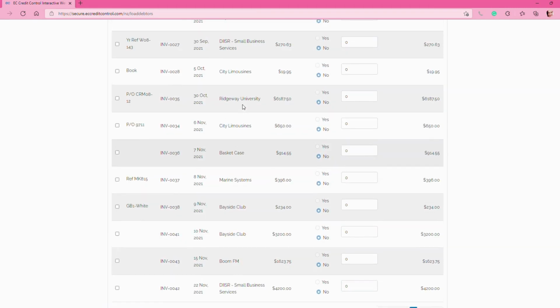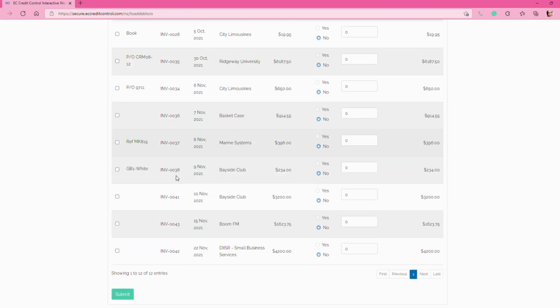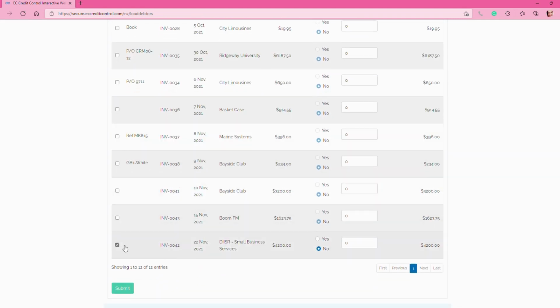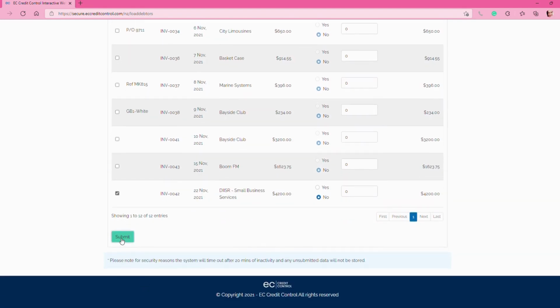Once that's done, you'll see that all your invoices are loaded here from oldest to newest. Click on the invoices that you want to load, and then all you need to do is click on Submit. It'll start processing,